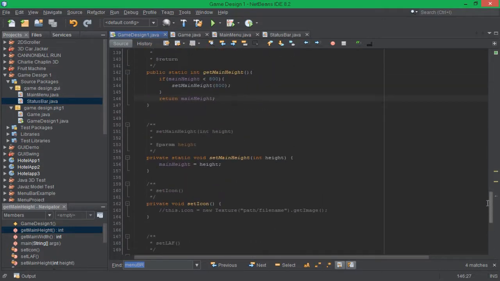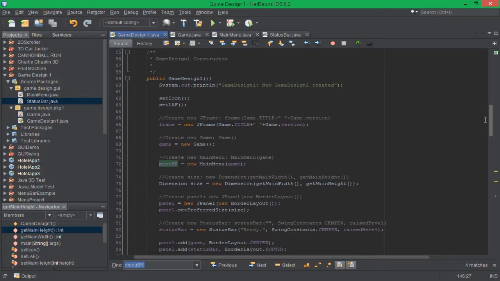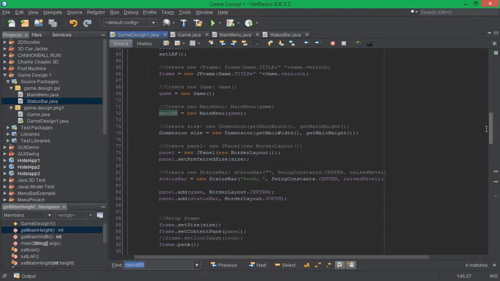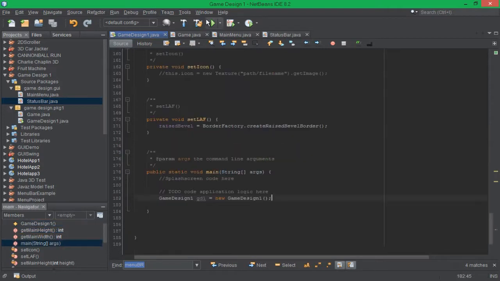Few other bits and pieces to add to main menu, game and status bar, but yeah, that's the constructor. Setting up the frame, game, the menu, panel and status bar, throwing it all in the frame and sorting out the custom exit. Now if we take a look at the frame,